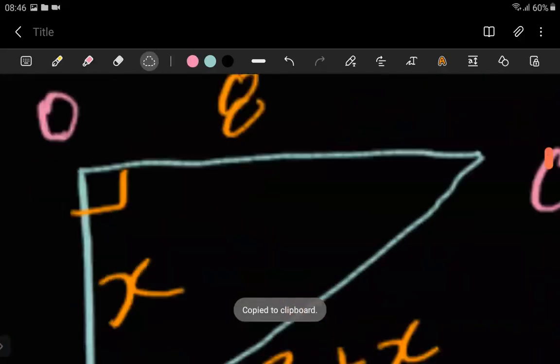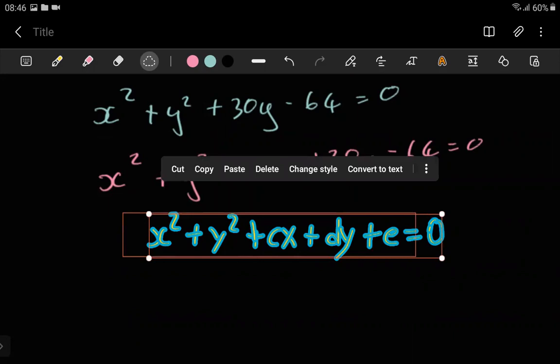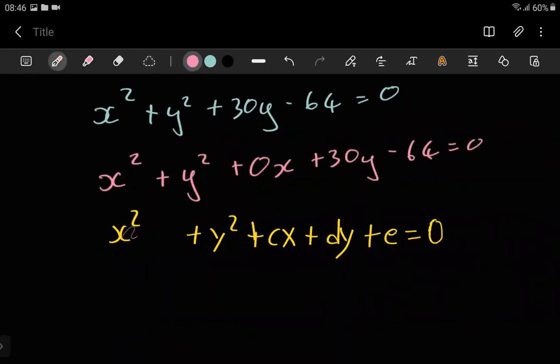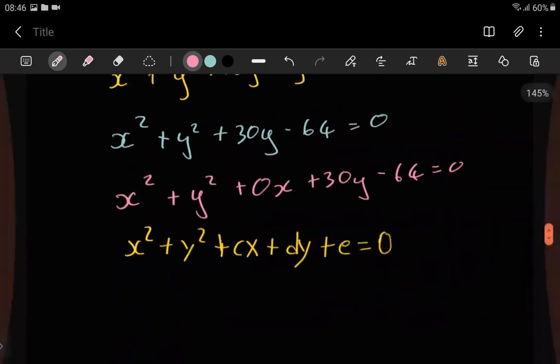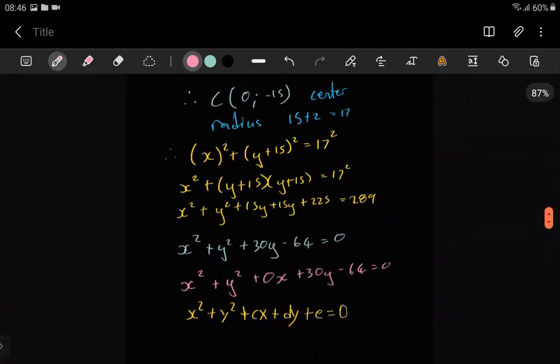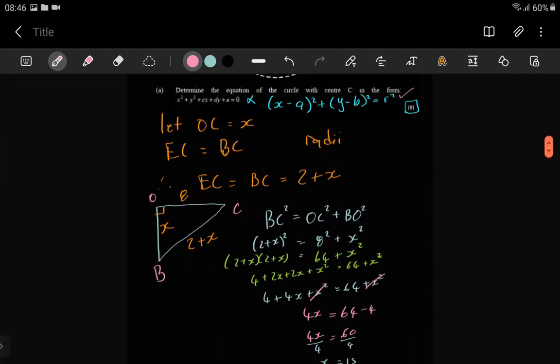Because remember what we're trying to prove looks like this, and this is how you can see everything is matching. There's x squared there, y squared there, something with x. Since we don't have anything else, we just put a 0 there because 0 times x equals 0 anyways. Here the 30 is for the d there, the negative 64 is for the e, and then you get your 8 marks from that. Cool. Yeah. So the one thing I can say about this question